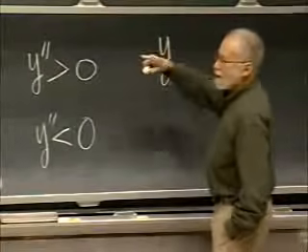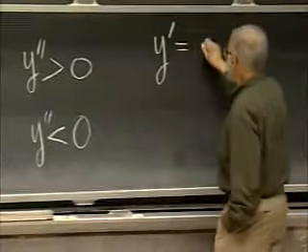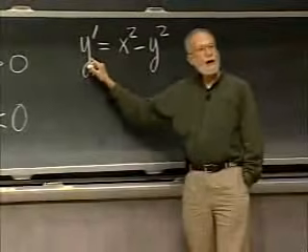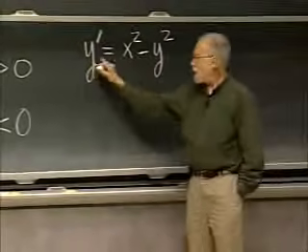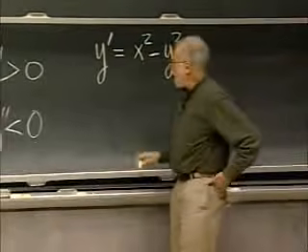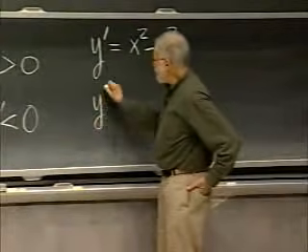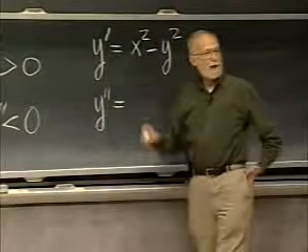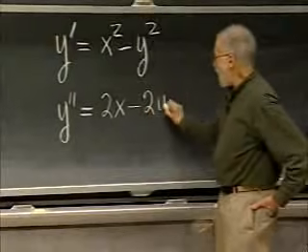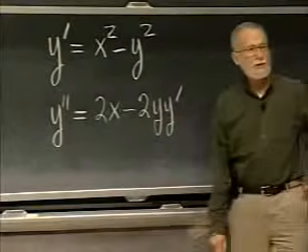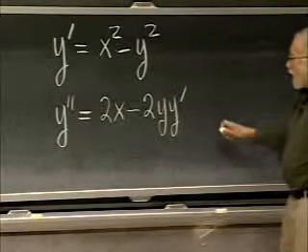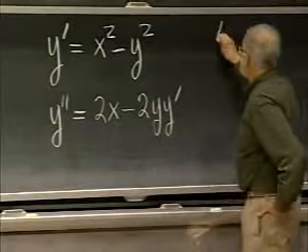How do I do that? Well, easy. y prime equals x squared minus y squared. That tells me how to calculate y prime if I know the value of x and y, in other words, the point 0, 1. What would be the value of y double prime? Well, differentiate the equation. It's 2x minus 2y y prime. Don't forget to use the chain rule. So if I want to calculate at 0, 1,